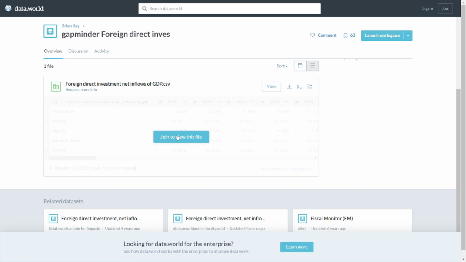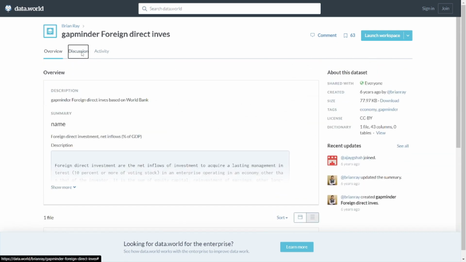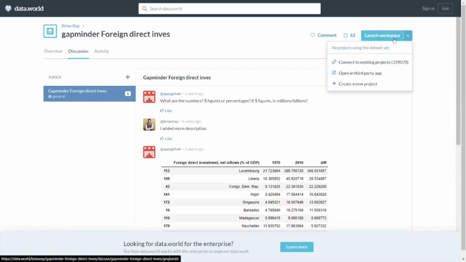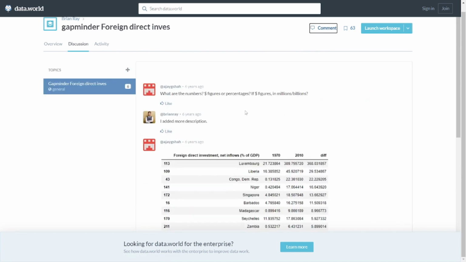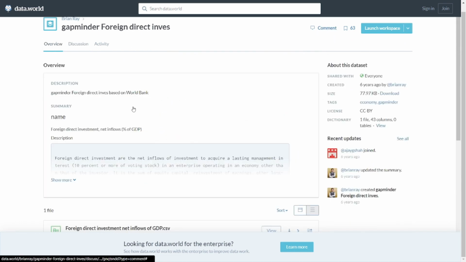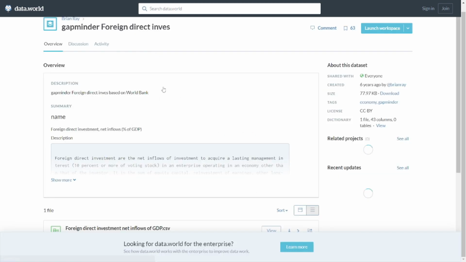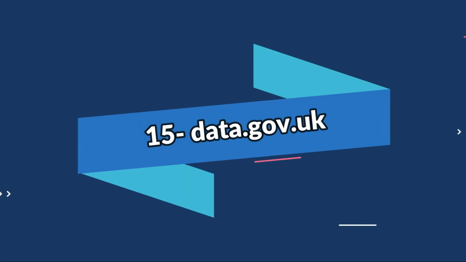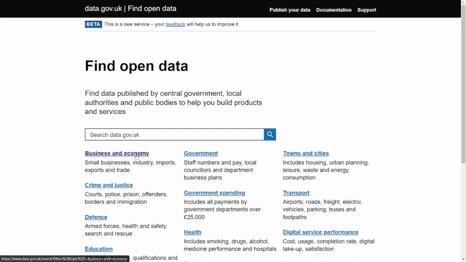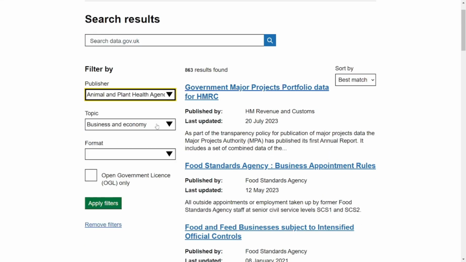Data.World supports transparency and openness, making data available for individuals in research, business, and academia. Data.World plays a vital role in promoting collaboration, innovation, and data-driven decision-making. On number 15, we have data.gov.uk. Last but not least, for our friends in the UK,